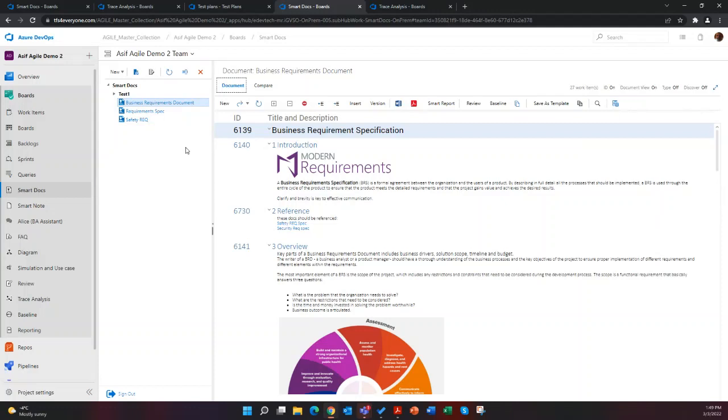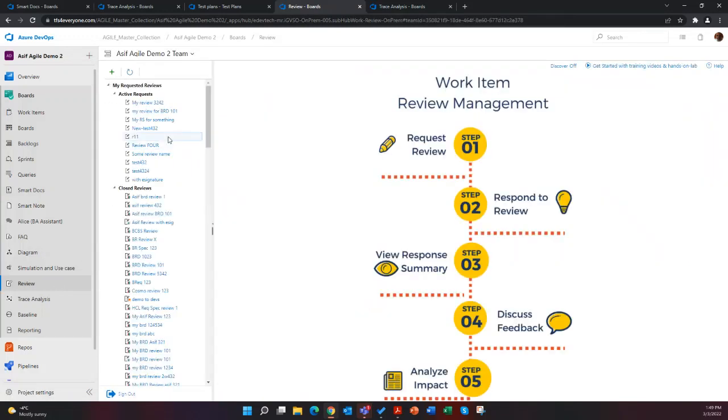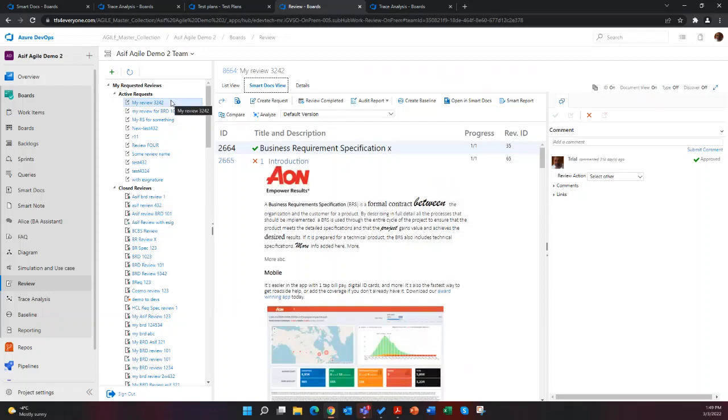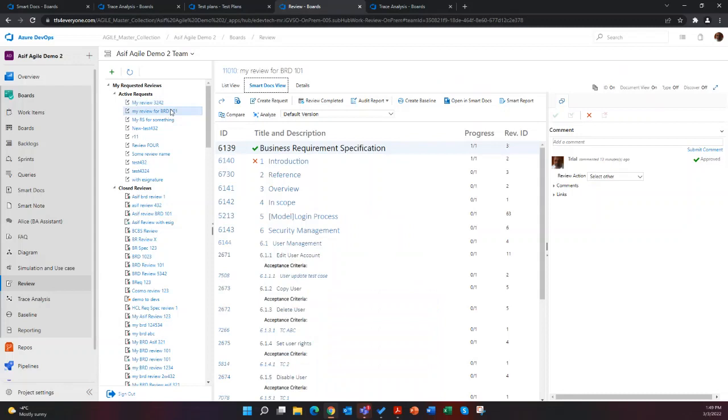So there are a couple of questions right away that we can talk about, and that's in the review module. There's a number of questions about review actions and who can perform those actions. Unfortunately, that will take a little bit more time than we have on this call to determine who can perform what functions.